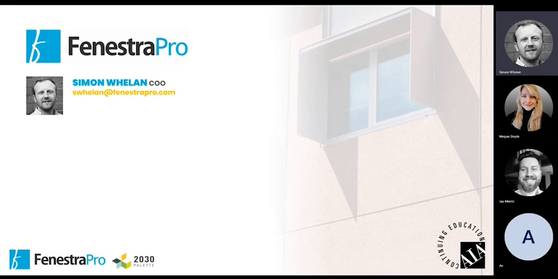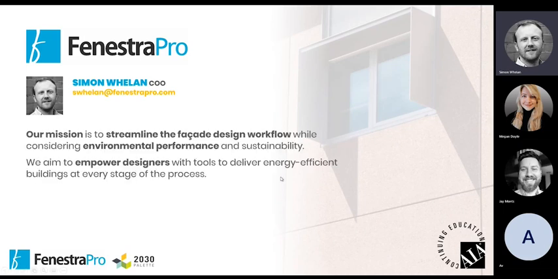I specialized in environmental design. My co-founder Dave leaned into facade engineering, and I suppose that's where the concept of Fenestra Pro came from, that overlap between the facade and the energy performance of your building and how these things are intricately linked. And we very much at Fenestra Pro have a mission, or a reason for being, around streamlining the facade design workflow,